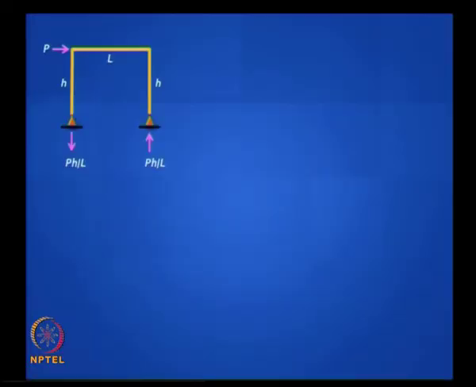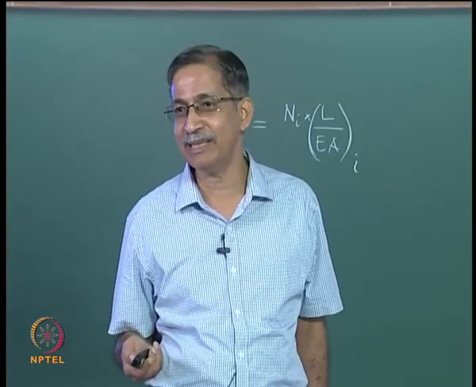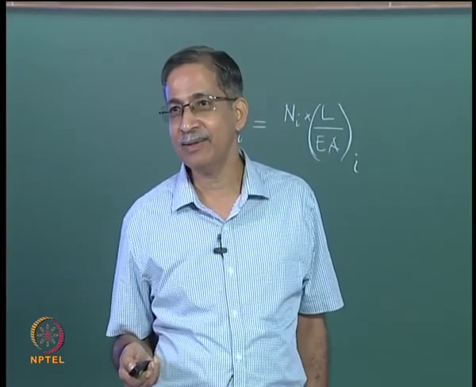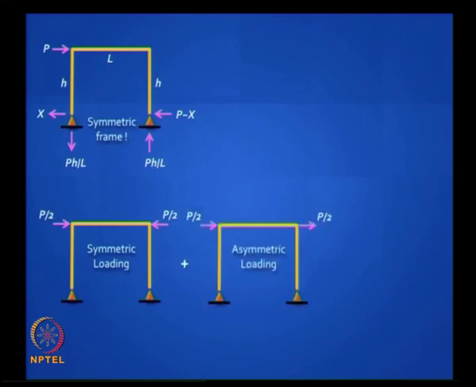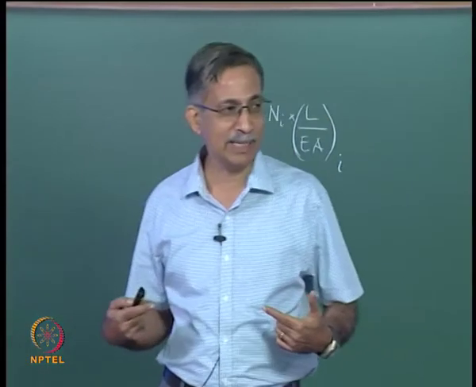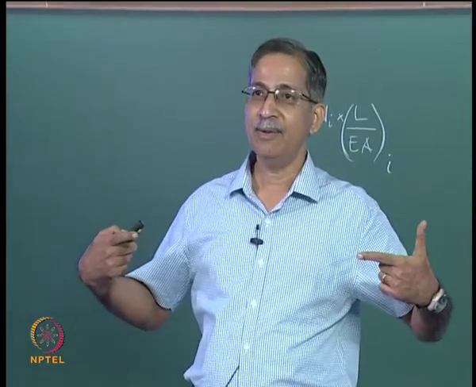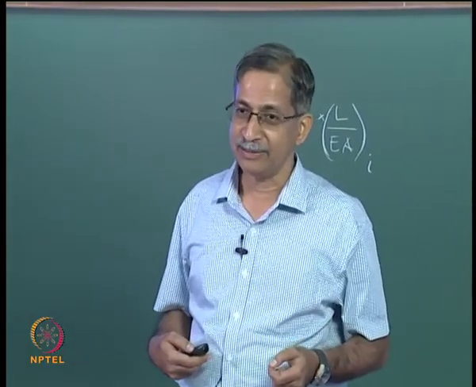Okay, so I'll help you there. First of all, the vertical reactions are statically determinate, but the horizontal reactions are not. So as you rightly say, you divide the loading. This frame is symmetric, that is the reason why it is going to be determinate. So you divide into two loading diagrams, one is a symmetric loading where you have p by 2, and you have an asymmetric or antisymmetric loading where the p by 2 act in the opposite direction.